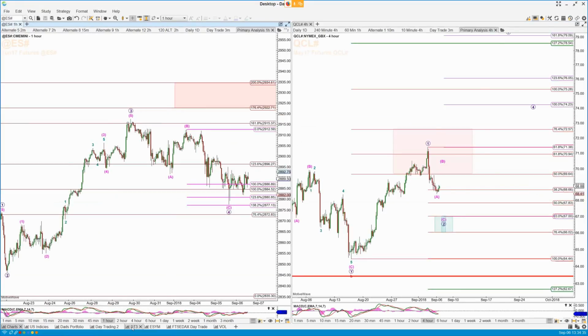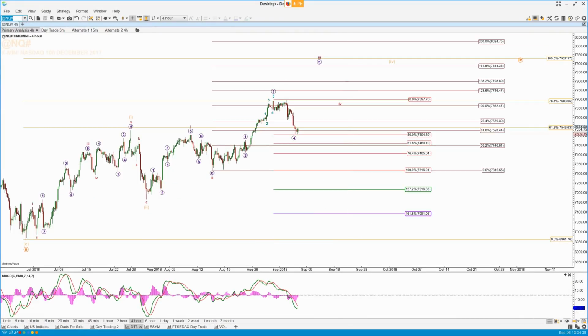Okay, let's then come over and look at the NDX. This is the NQ. So again, this 1, 2, 1, 2, and this 3 of this 3, and we came up here, and then this deep 4 down, which hit a 50% retrace of this move up at its low